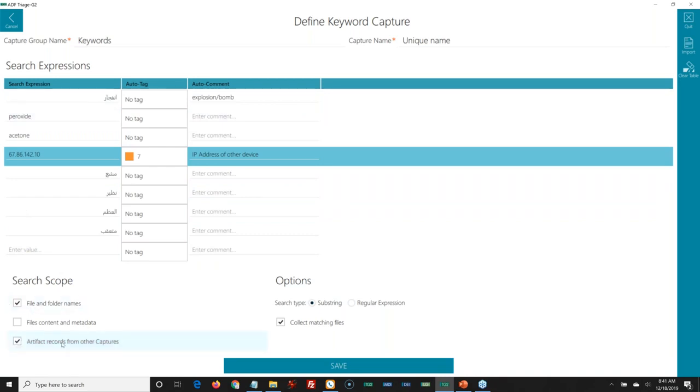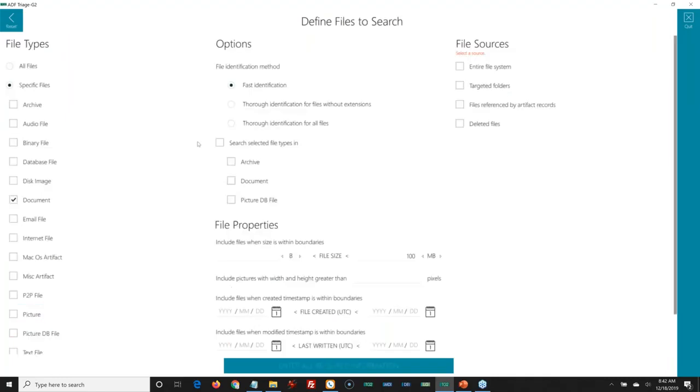Second thing our tool does is it parses out all the artifacts: web browsing history, USB history, all that stuff I was showing you earlier. When it's doing that, it will run these keywords against all those artifact records. So if you have this in any of your web browsing history, it's going to key on that as well. Fast, seamless, they don't add time to your scan. It's really good stuff. Those are the low-hanging fruit type hits, and they show up early. And then our third is content and metadata.